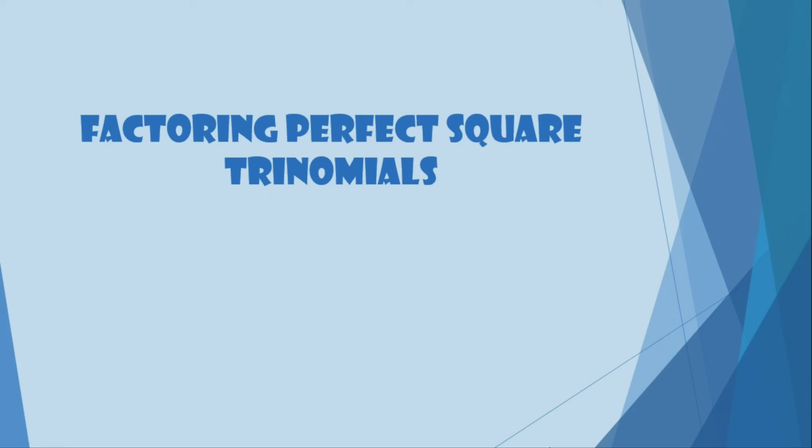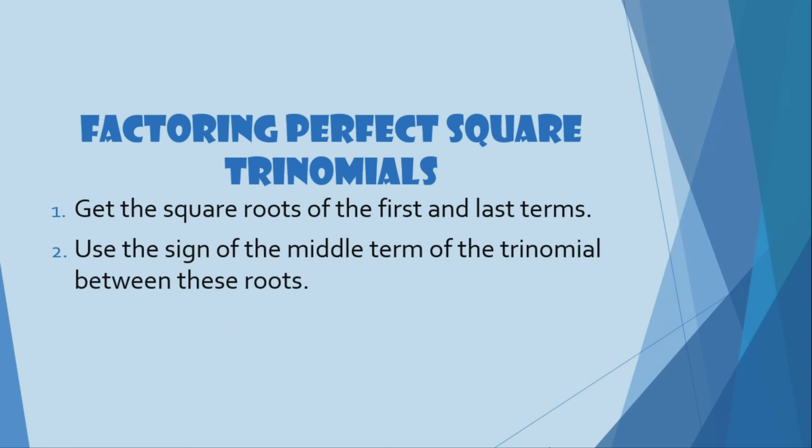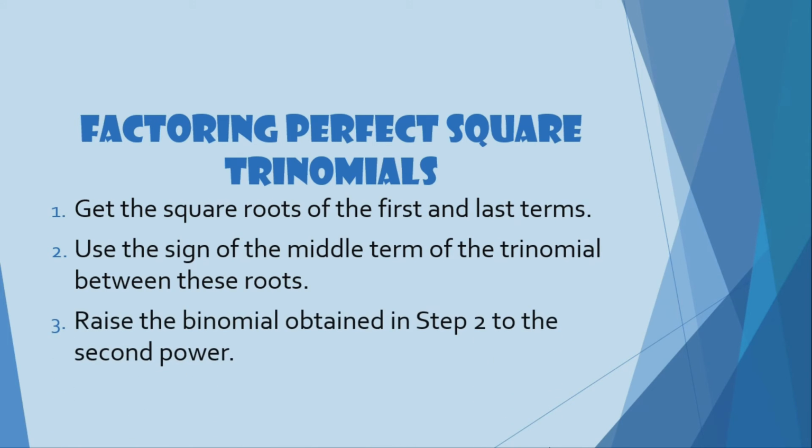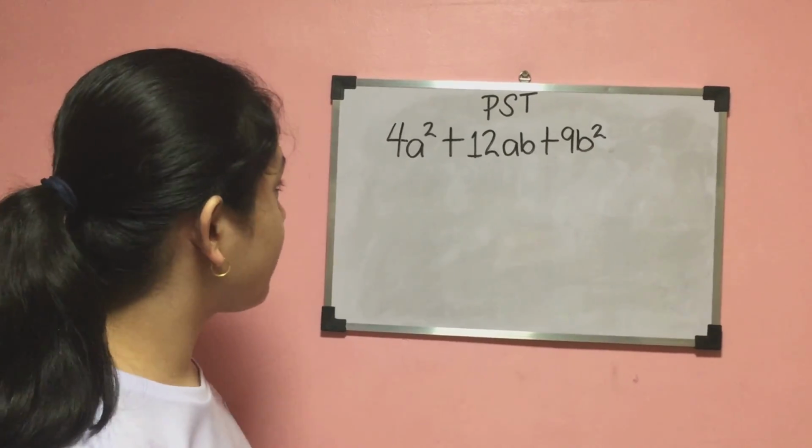In factoring perfect square trinomials, get the square roots of the first and last terms. Use the sign of the middle term of the trinomial between these roots. Then raise the binomial obtained in step 2 to the second power. To factor a perfect square trinomial,